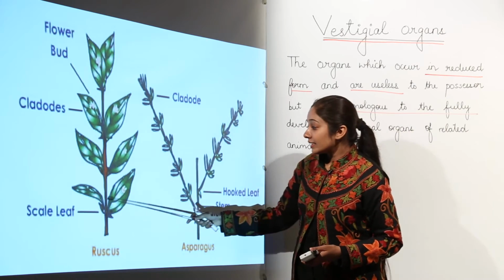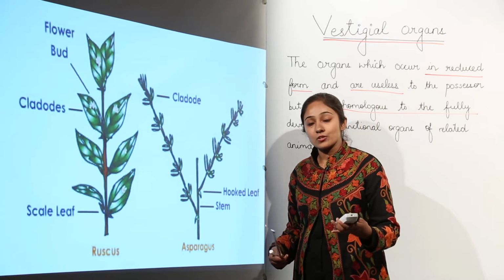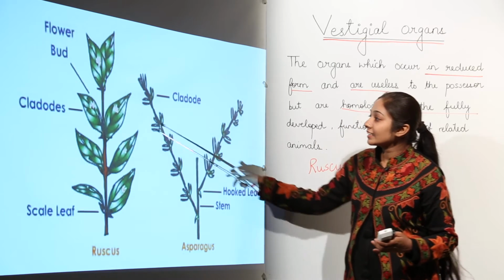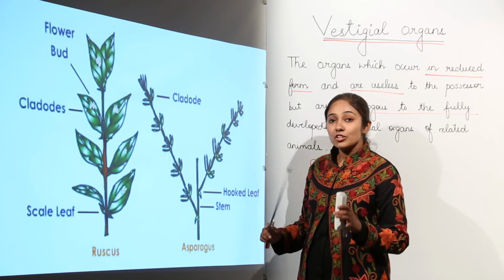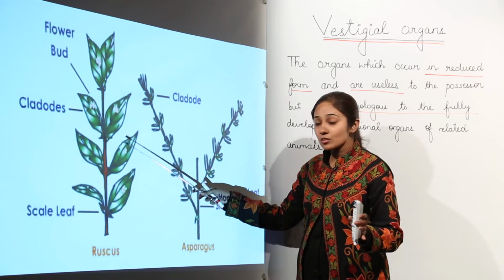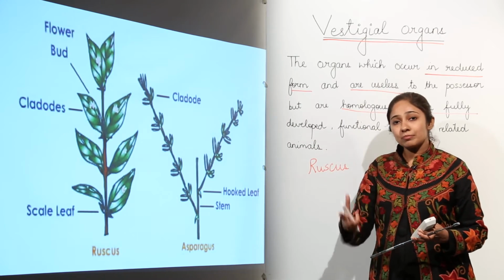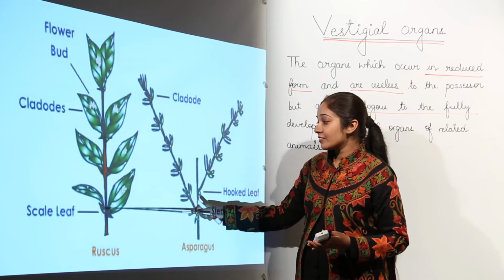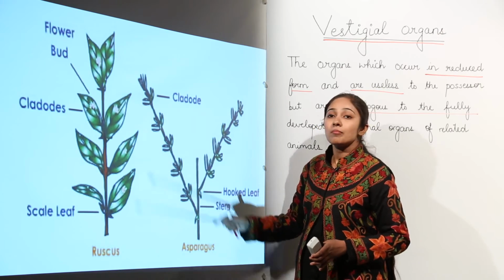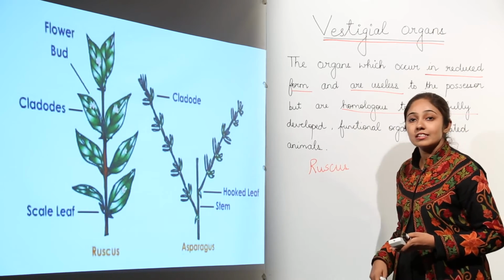Let us recall, the scale leaves of Ruscus are the real original leaves. They are minute, they are functionless. Why? Because they don't perform the function of photosynthesis. The function of photosynthesis is performed by these cladodes, which are stem modifications. Please don't confuse cladodes with scale leaves. Cladodes are stem modifications, while the scale leaves are the original leaves in the case of Ruscus plant. But due to adaptation, these scale leaves have become functionless, they are reduced, they are not functional now, and these cladodes are performing the function of photosynthesis. So these scale leaves and hook leaves are examples of vestigial organs in the case of plants.